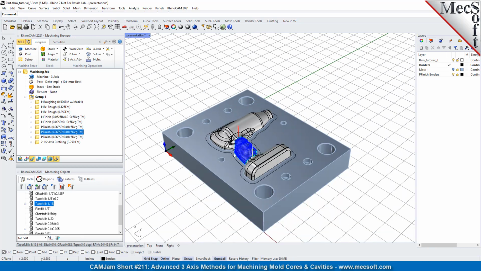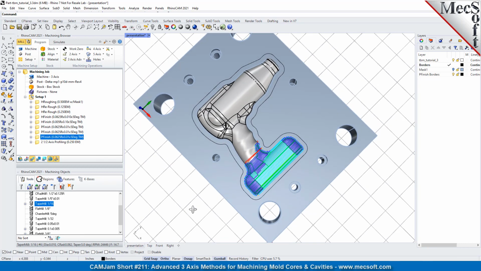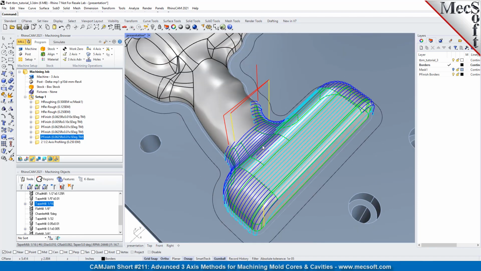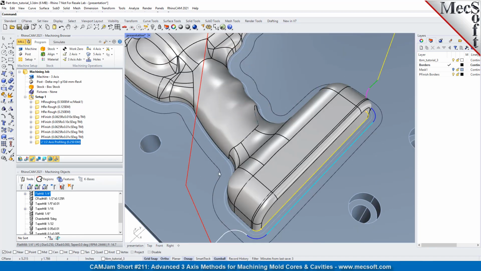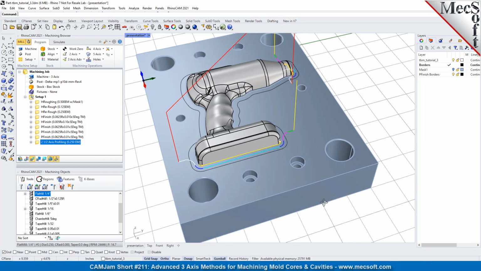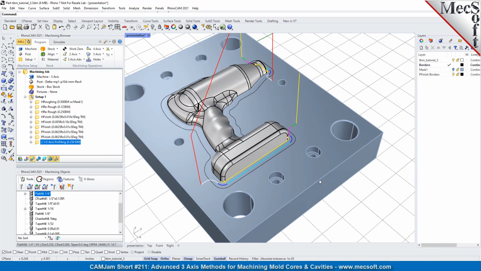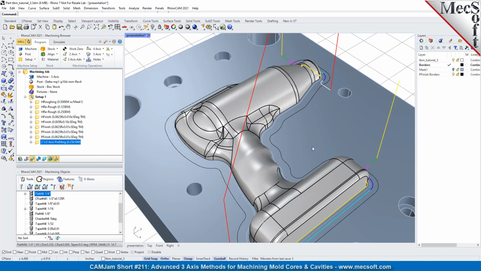The toolpath's going in the Y direction. And then we have another toolpath going in the Y direction, parallel finishing, as you can see here. And then we added a 2-axis profiling operation just to clean up these flat areas here and here. Okay, but that leaves a lot of areas that still need to be machined, and advanced 3-axis methods or the Pro configuration has the toolpath operations that you need or would want to have to machine this type of mold